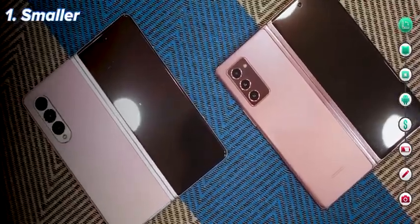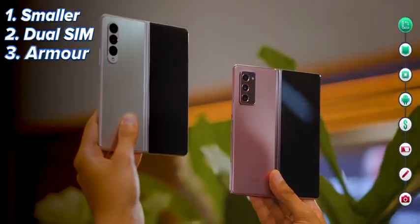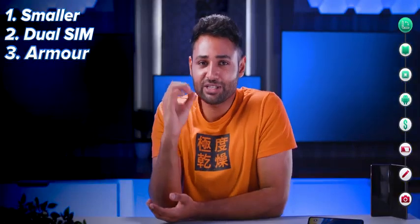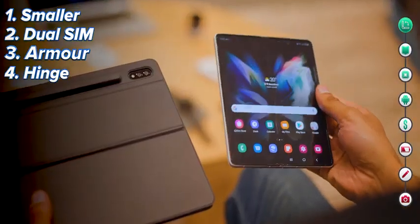It might look familiar, but this phone is smaller from almost every dimension and a whole 11 grams lighter. It has support for 2 SIM cards instead of 1. All metal on the outside is now made of a new alloy called Armor Aluminium, which they're saying is the strongest material to ever go on a phone. Every hinge movement has been reinforced for snappiness and rigidity, and I'm impressed by how much it feels like a